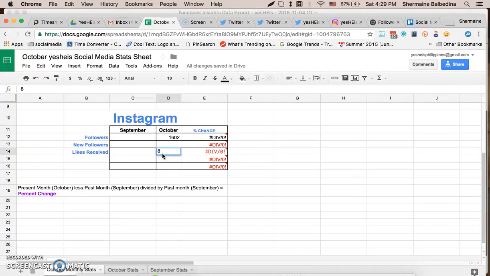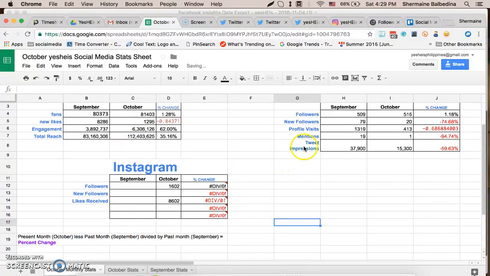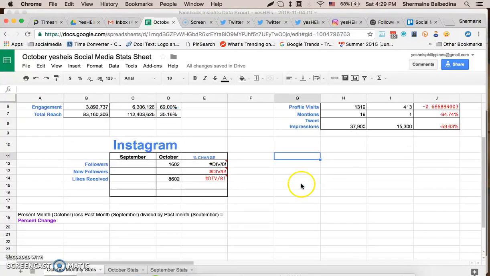Supposedly we can get the other data such as the Twitter, but Instagram is not currently giving it. I don't know, maybe they are changing the interface again. So in case you see some added data here by next time in November, it means that I was able to get those on the Webstagram.